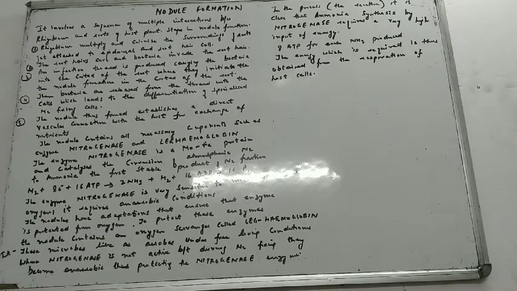Now let us go through those multiple interactions, or the steps in nodule formation. In the first step, the rhizobium multiplies and colonizes. Since the number of rhizobium increases by multiplication, it forms a colony around the roots. So rhizobium multiplies and colonizes the surroundings of the roots, and once it forms a colony, it gets attached to the epidermal root cells or the root hair cells.